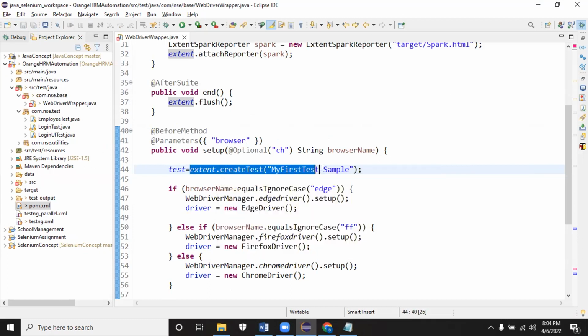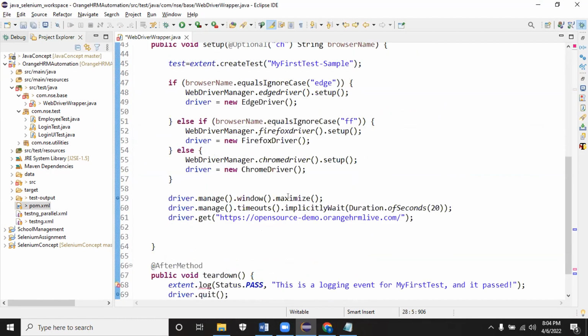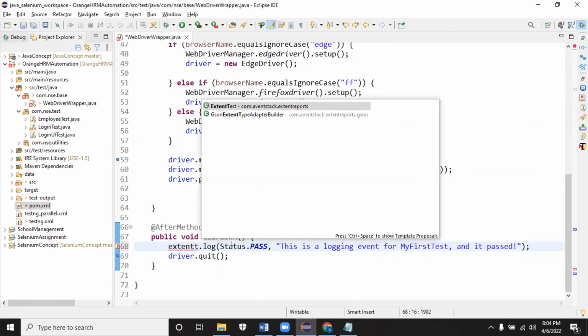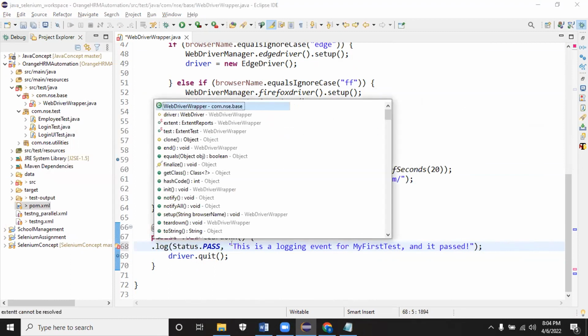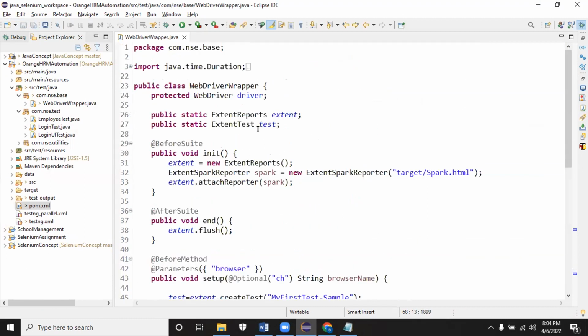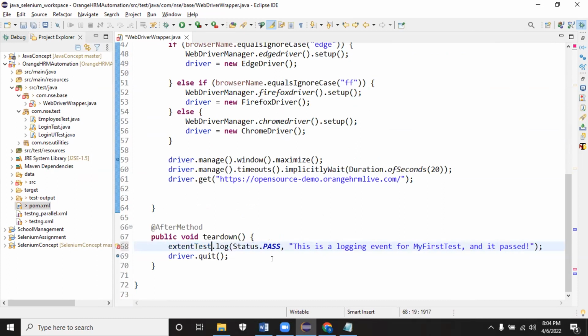For after creating a test, for that test based on extend test I have declared over here. For that, I need to update the detail extend test dot. Let me do the test dot, or if test is confusing, I'll keep it as extend test. Okay, that's the variable name extend test dot. This will give you an output extend test. In that extend test, I need to log it pass dot file, which is done.